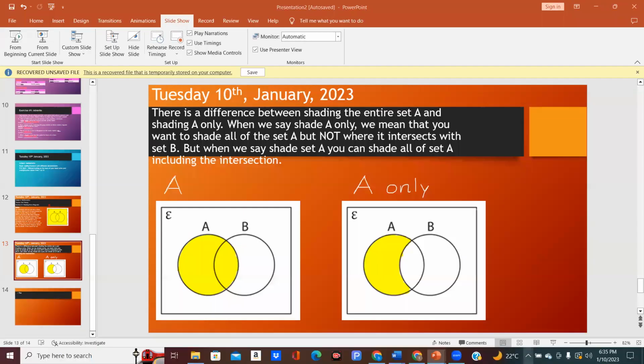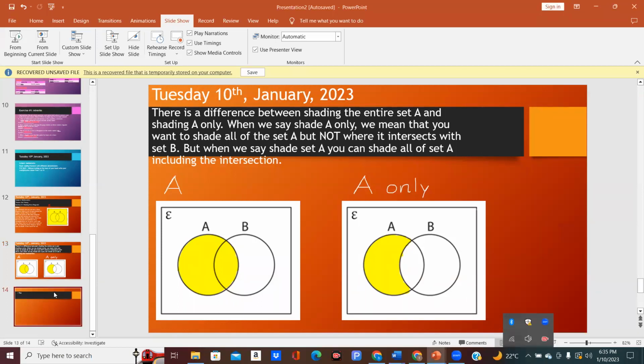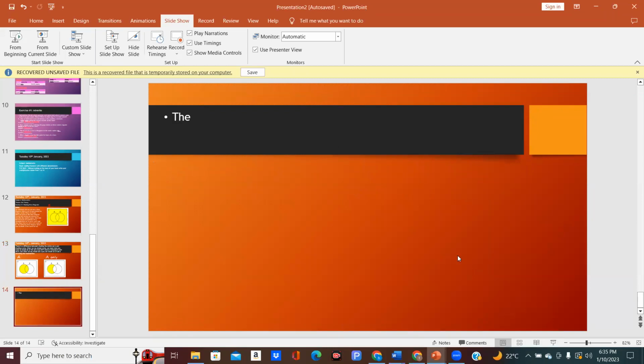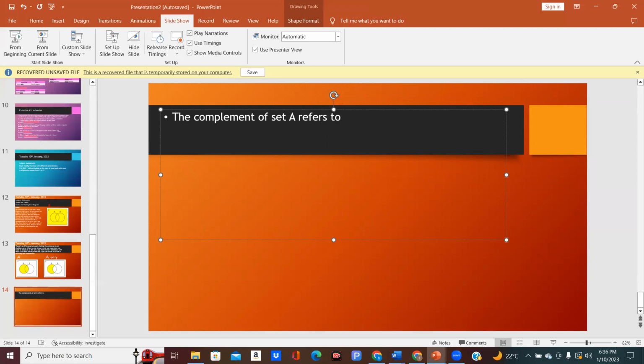Okay, let's work through it. Someone's mic is on. All right, so the next thing is the complement. The complement of set A refers to every member of the universal set except for